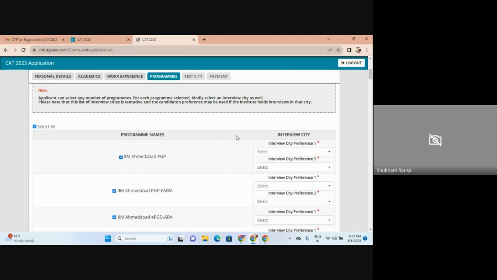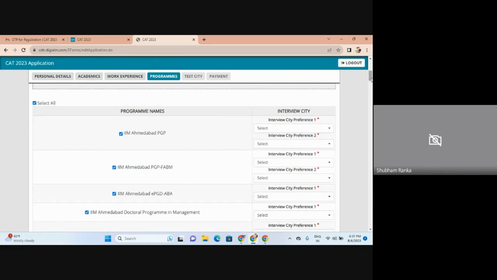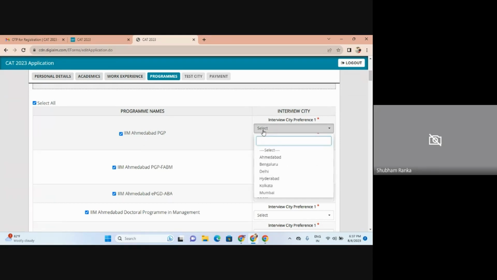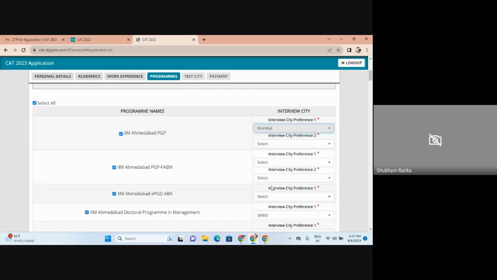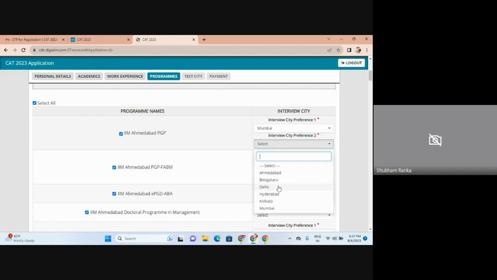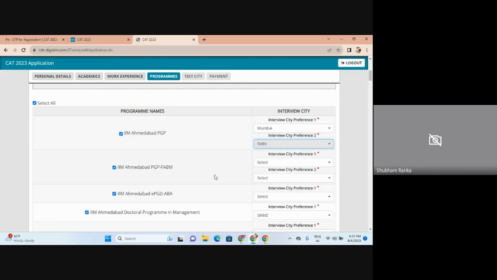Select all, and the only pain is that you have to give the city name for all the programs that you have, because you have to give the interviews. So this is tentative basically. It might change afterwards, but this is what you have to put in. For the Ahmedabad PGP program, say you want to give the interview in Mumbai, and the second preference could be Delhi. In this way, you have to go through all of these. There are many,